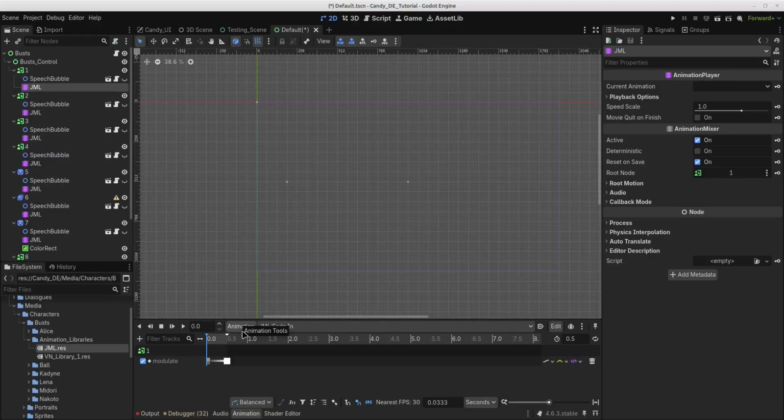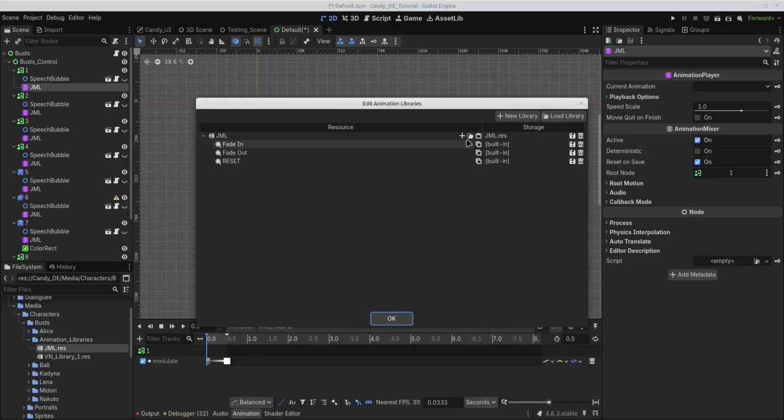So a better option is to simply start by creating some animations in a player, and then click the animation button, go to manage animations, and here at the top click this icon and select save as, or just new library, doesn't matter,